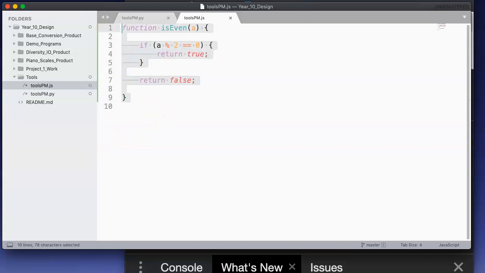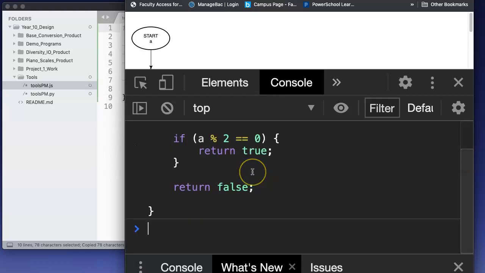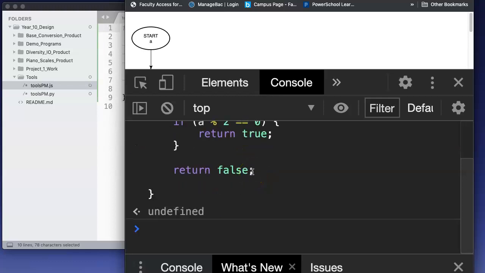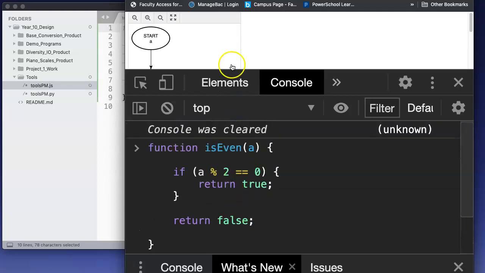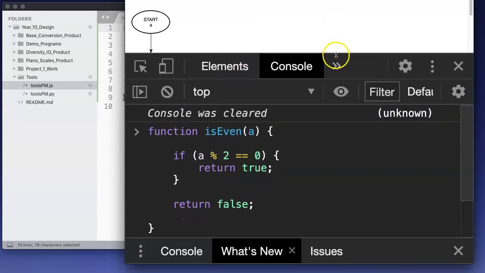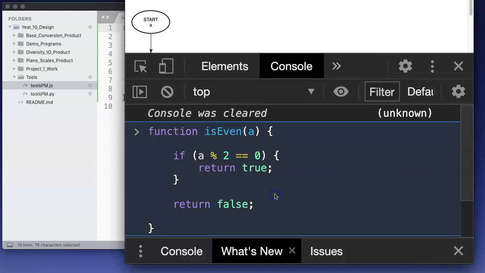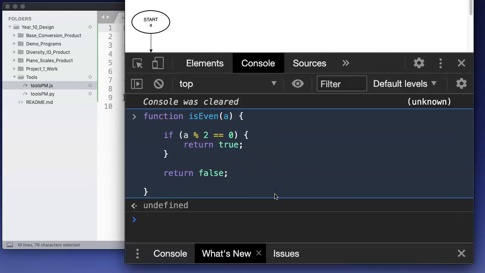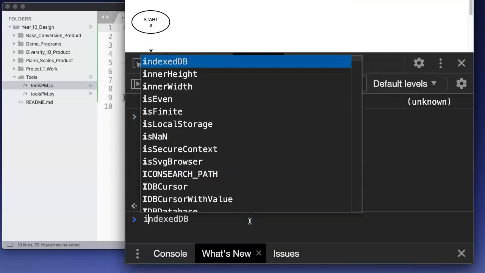So what am I going to do? I'm going to copy that code there, paste it in and hit Enter. So now that code's in the buffer, so to speak. I have access to that function, and that function is called isEven. Let's try and make it a little bit bigger so we can see everything here. Okay, so if I put isEven,